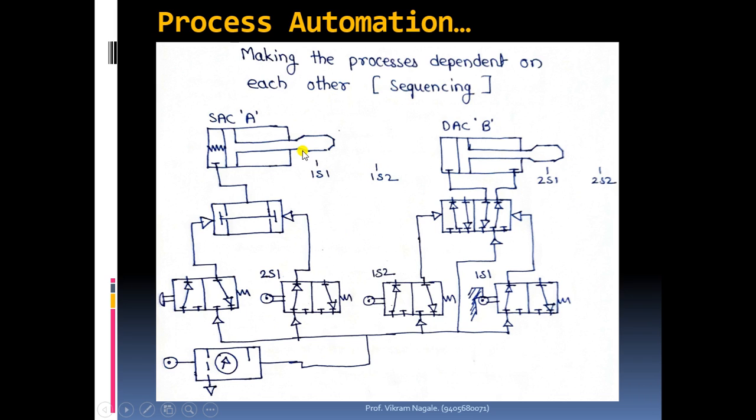our target is to extend this cylinder B after extension of this cylinder, and to retract this cylinder B after retraction of this cylinder. Okay, now this we are doing, there is no problem. So this working is correct. That means if we want extension for the cylinder, it happens after extension of the first cylinder. Okay. Now see, whenever this rod end is reaching the second position,